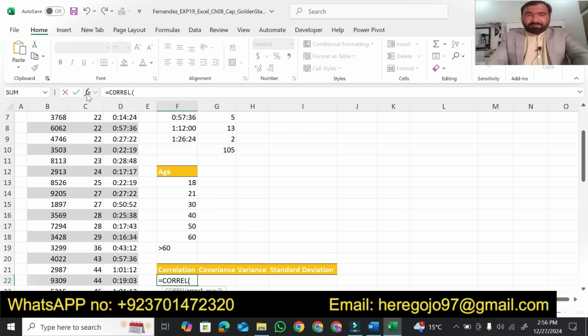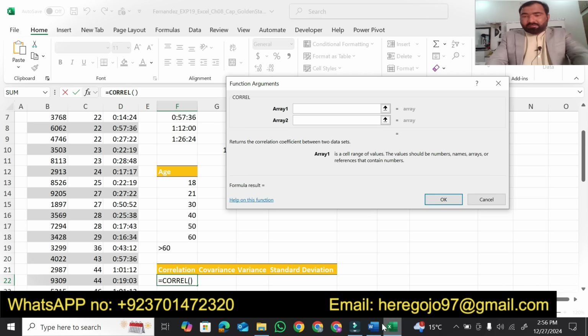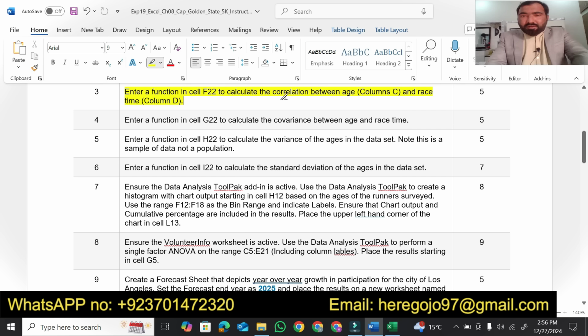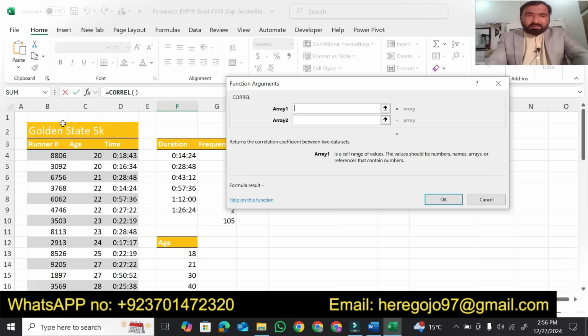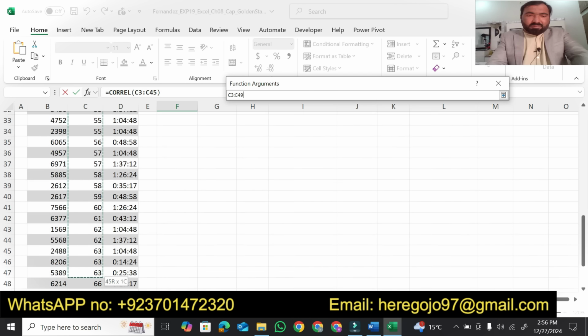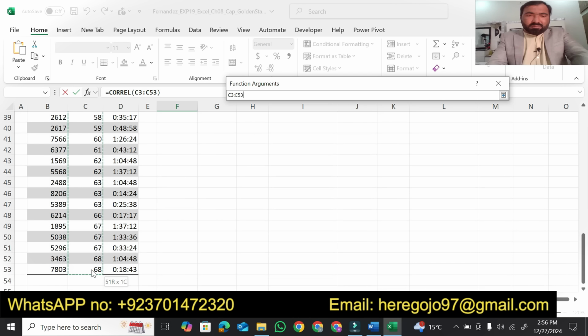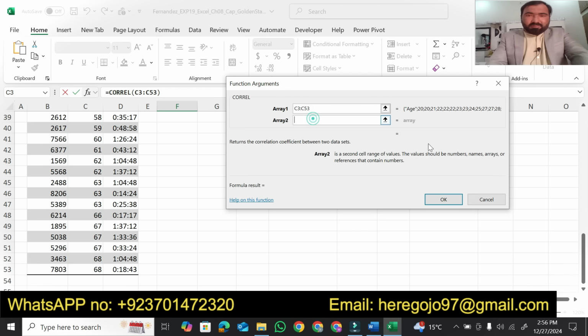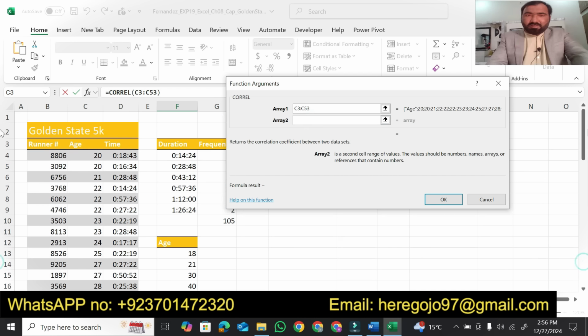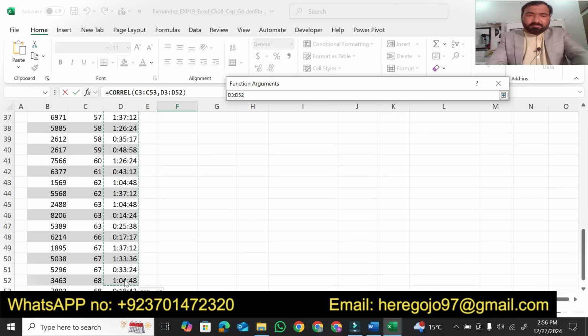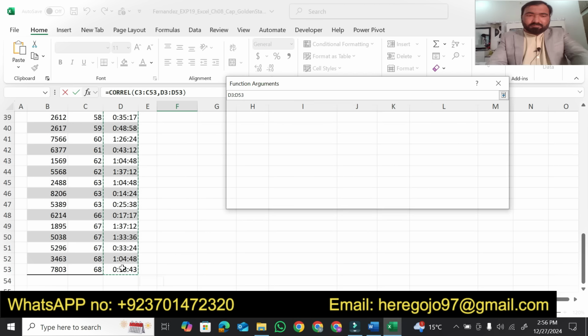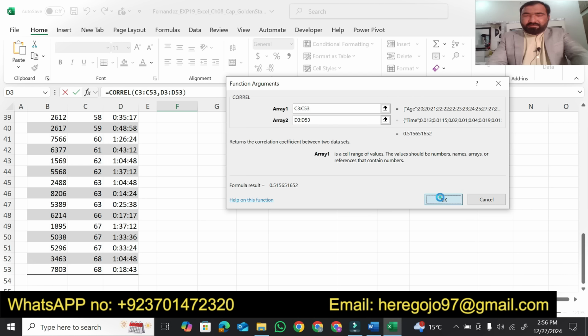Now open this. What is the first row? The first row is between column C and column D. First is column C, so our column C is this. So we have to give this, and then column D. This is column D. Press enter.